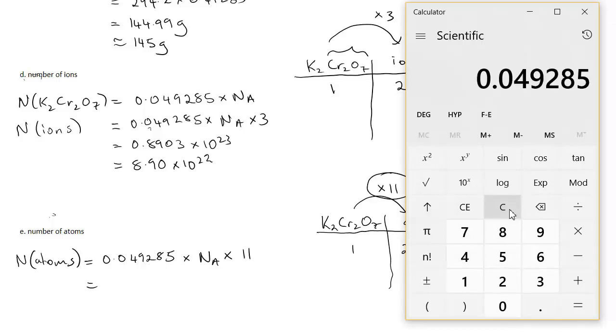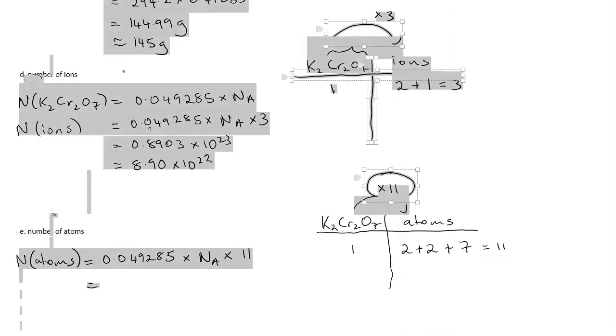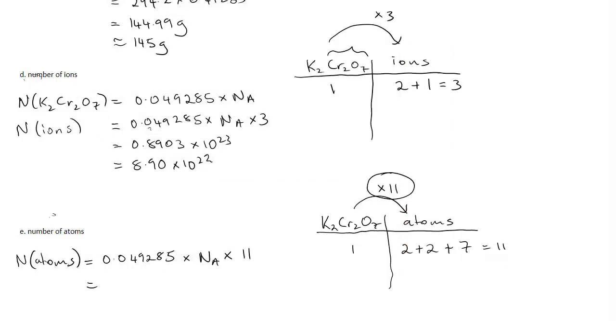0.049285 times by 11 times by 6.022. So 3.26 times 10 to the 23, and that's directly our number of atoms there. Okay,